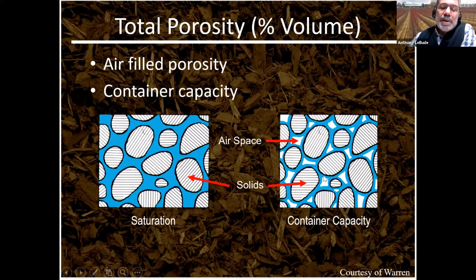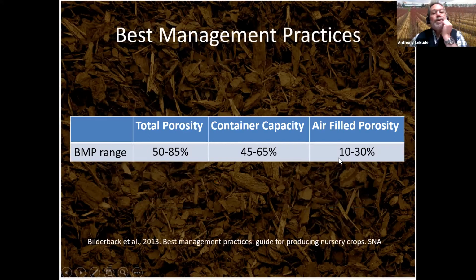This is just a visual depiction of the same thing. After watering, you have some air and you have some water in the spaces between the solids. So the best management practices by the Southern Nursery Association say total porosity should be anywhere between 50 to 85%, container capacity between 45 and 65, and air-filled porosity between 10 and 30. And you have the option of changing that around depending on what you're growing, where you're growing it, and what